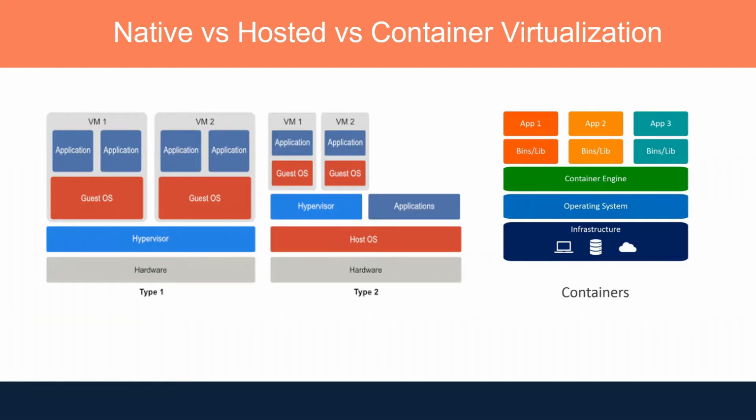In virtualization, what is basically happening? Basically, you would have a hardware. On top of the hardware, you can install the hypervisor. Hypervisor is nothing but a software application you can install. And on top of the hypervisor, you can install the guest operating system, which is your operating system, either Windows or Linux. And on top of the guest operating system, you can install the application.